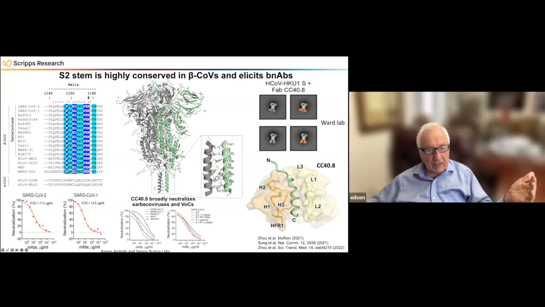There's a peptide down here, just before this would enter the membrane, that is highly conserved in beta coronaviruses, going all the way through bats and human and MERS viruses. And it's very different in alpha coronaviruses. So among these antibodies from Dennis Mertens, I have this particular antibody that neutralizes SARS-1 and SARS-2 and many of these other viruses. And so Andrew Ward's lab showed that this particular antibody bound right down at the base